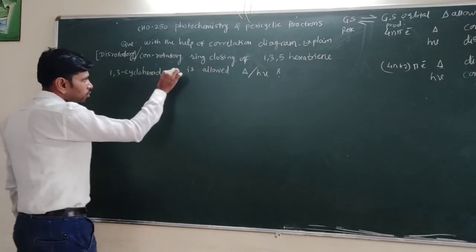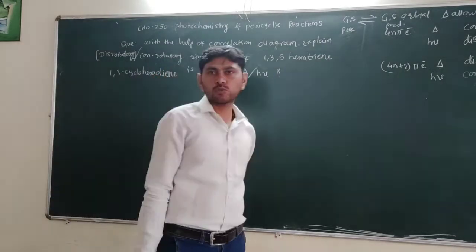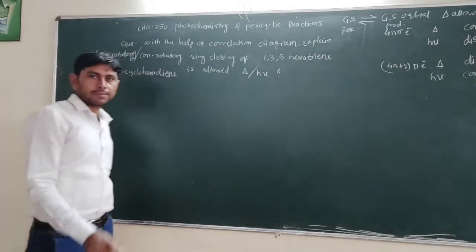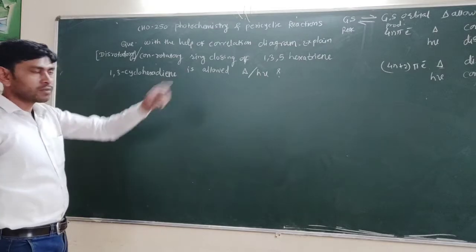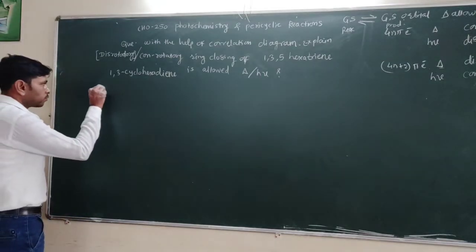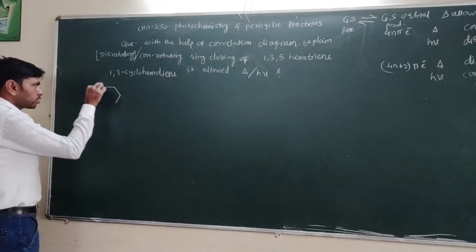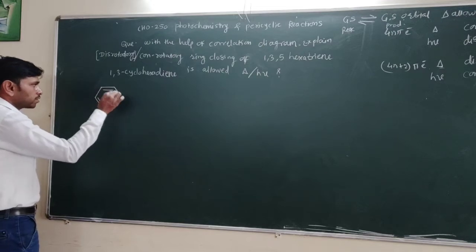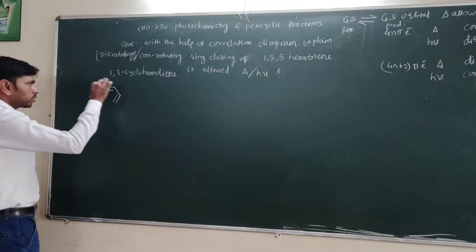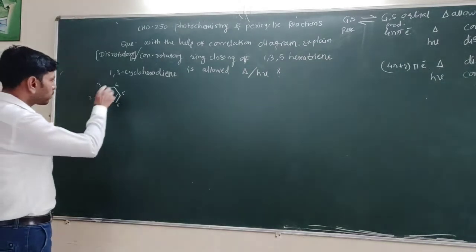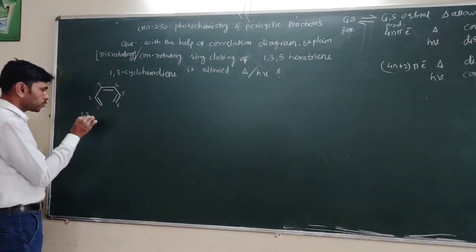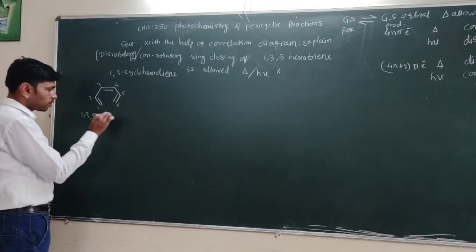So this is an example of a 4n plus 2 pi electron system. What is our first step? First step is to write the general reaction. What is the general reaction? 1,3,5-hexatriene. So first write 1,3,5-hexatriene. This is the structure, carbons 1, 2, 3, 4, 5, 6, with double bonds at positions 1, 3, 5. So this is 1,3,5-hexatriene,